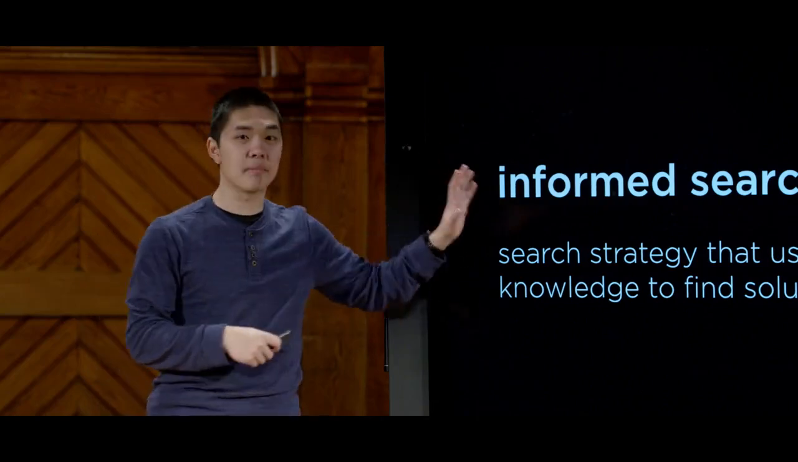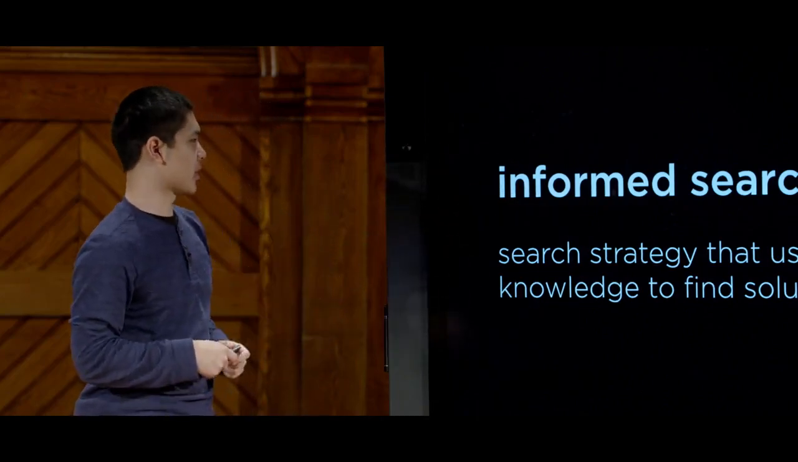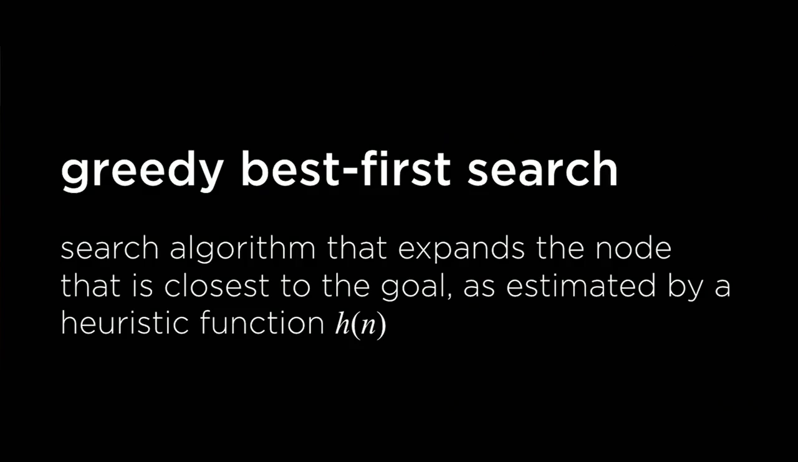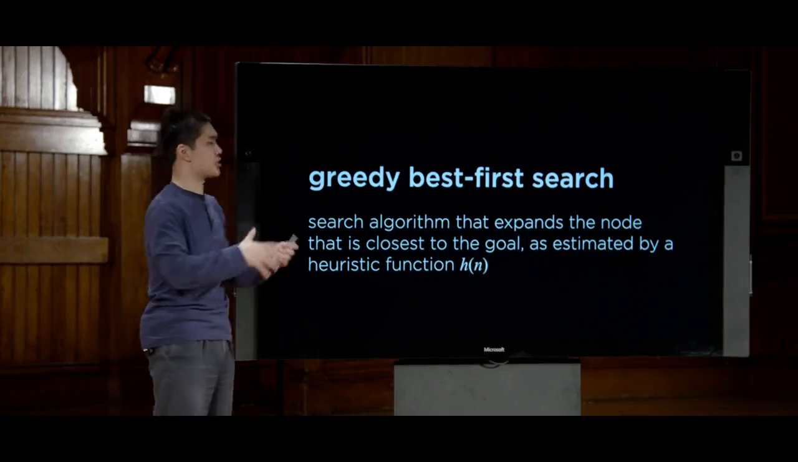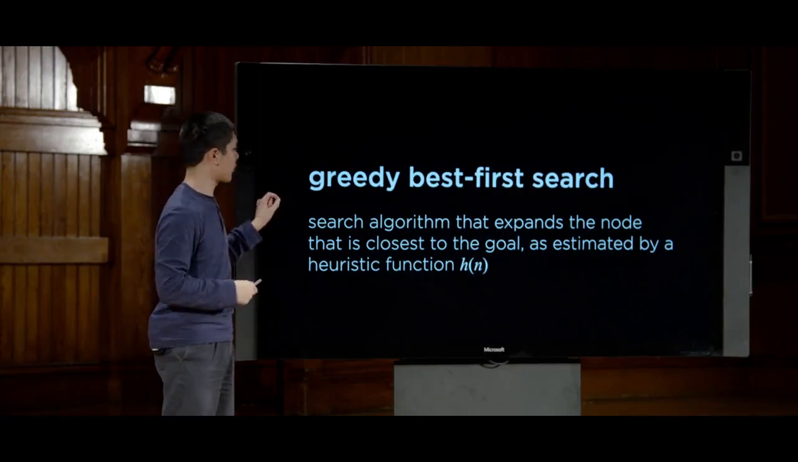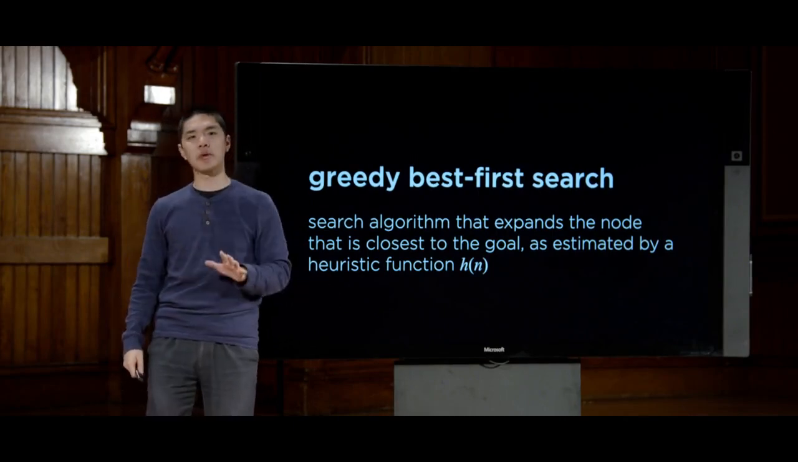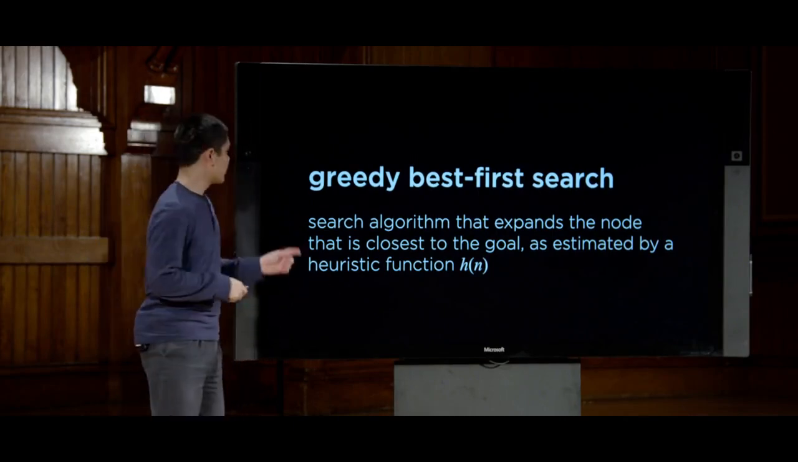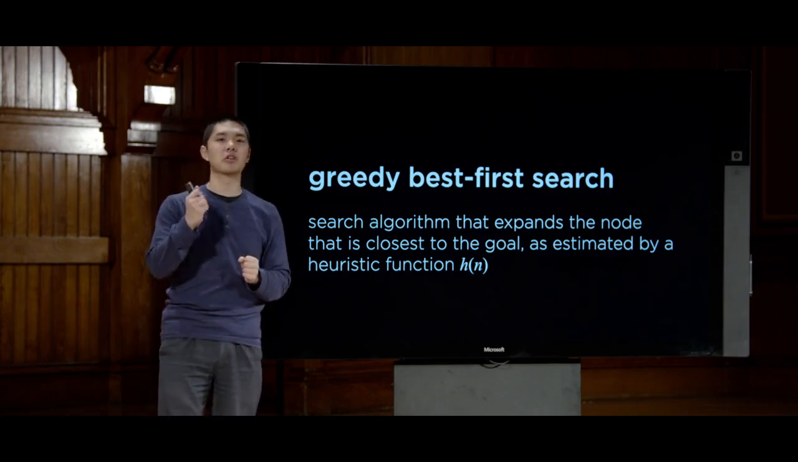There are a number of different types of informed search. Specifically, first, we're going to look at a particular type of search algorithm called greedy best first search. Greedy best first search, often abbreviated GBFS, is a search algorithm that instead of expanding the deepest node like DFS or the shallowest node like BFS, is always going to expand the node that it thinks is closest